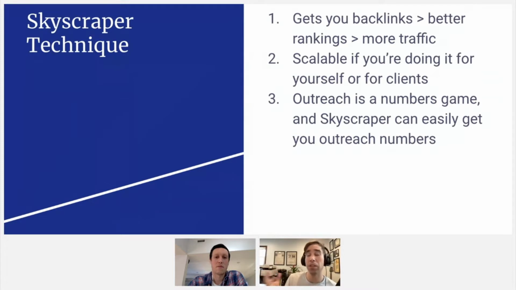What the Skyscraper Technique is, in essence, is a way that finds you websites that could be good opportunities for linking to you. It's also one reason that a lot of professional digital marketers and link builders like this technique: it can be very scalable, in the sense that you can have a lot of people that you could reach out to potentially link to your content. That is important because outreach is very much a numbers game.